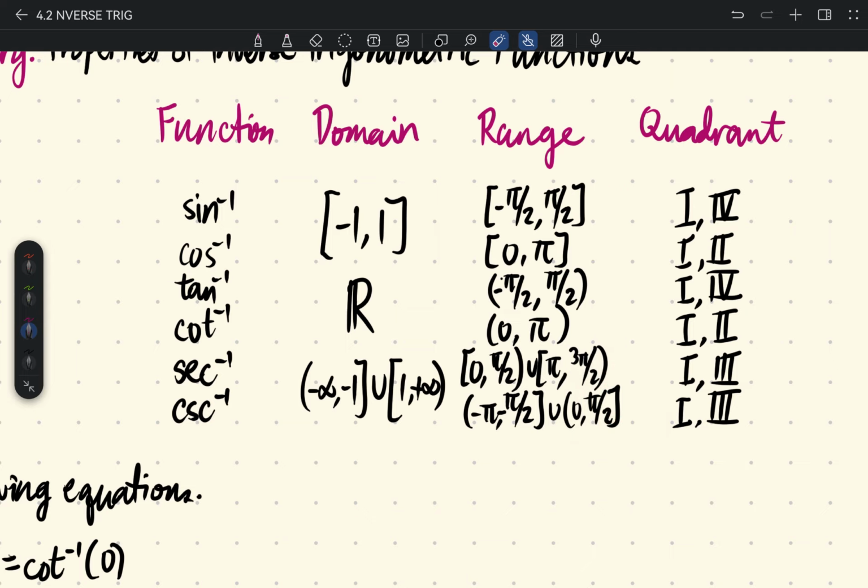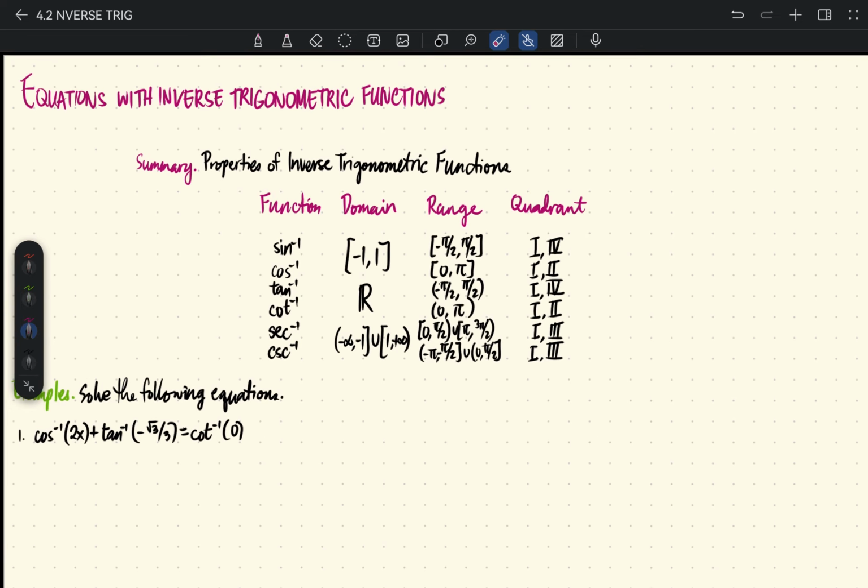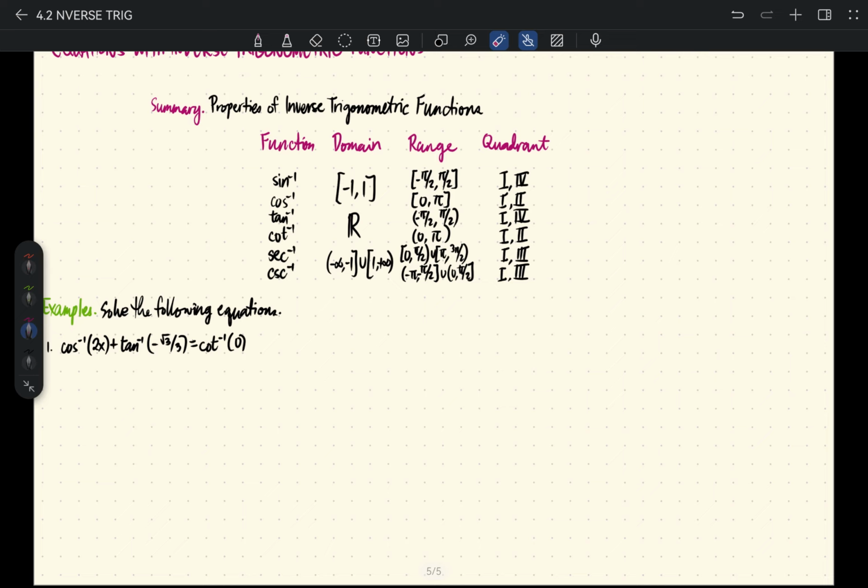So today, what we'll do is solve equations involving inverse trigonometric functions. And our general strategy here is to write our equations in such a way that there's only one inverse trigonometric function involved as much as possible. Then after that, we can use the property of one-to-one functions where you can apply the original function to extract the one inside. So let's do number 1.